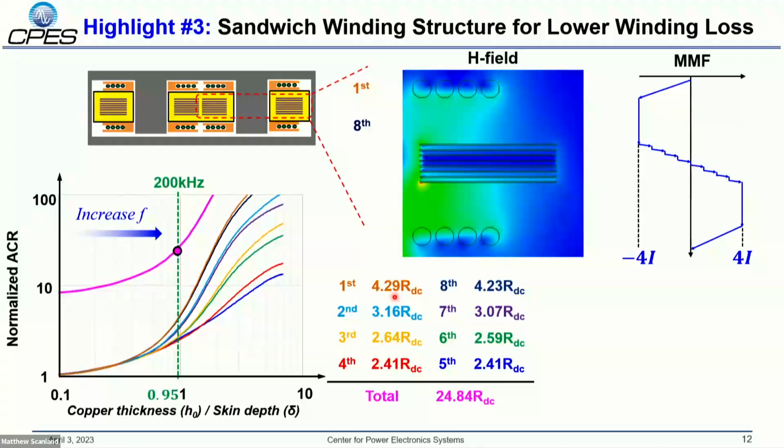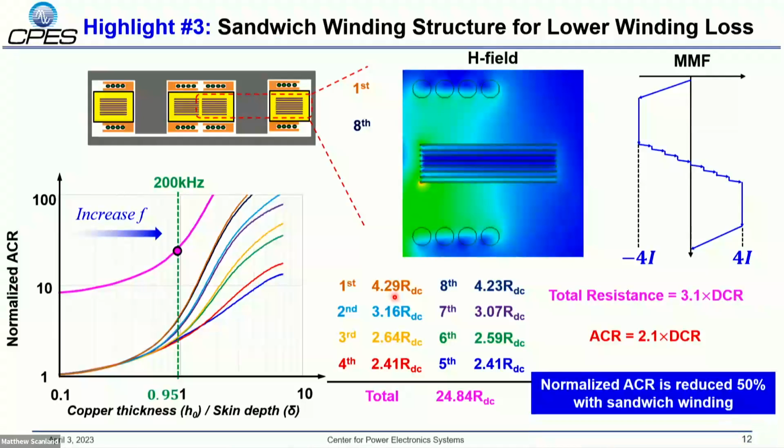It's not so severe. Talking about the total resistance, it's only 3 times of the DC resistance, and the AC winding resistance will be only 2 times of this DC winding resistance. And the normalized AC resistance is reduced by 50% with such sandwich winding. In this case, we get some feeling that we may use the sandwich winding structure to easily reduce